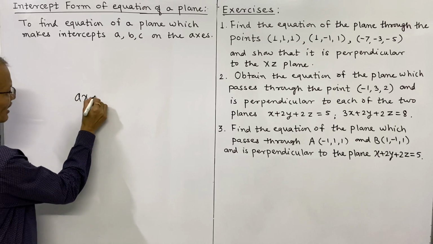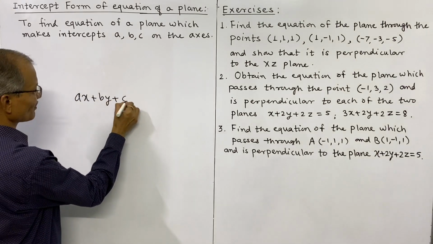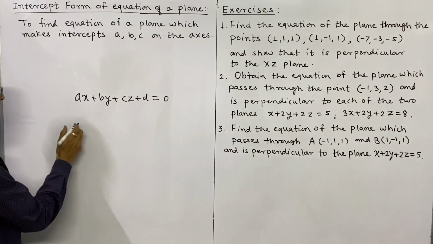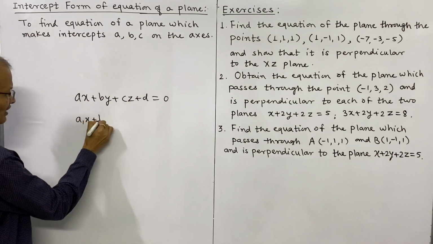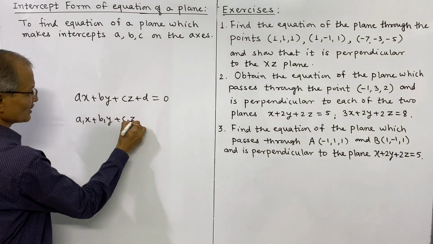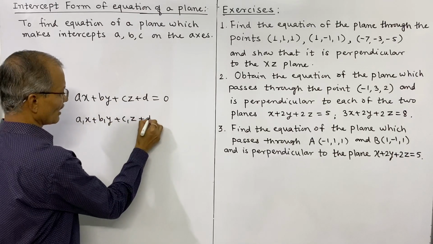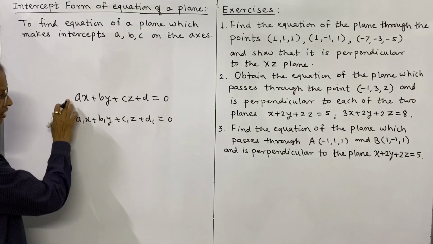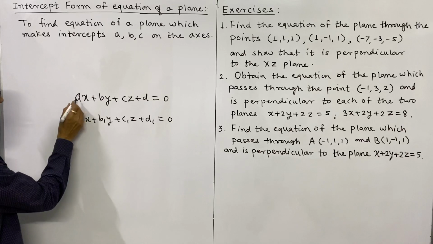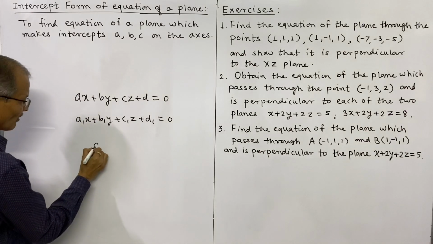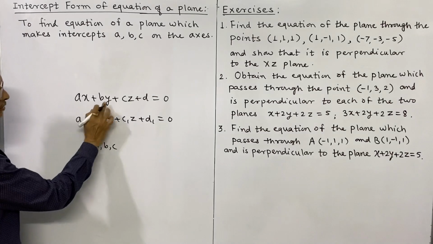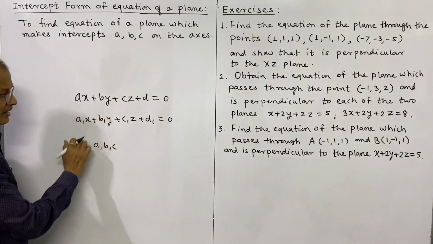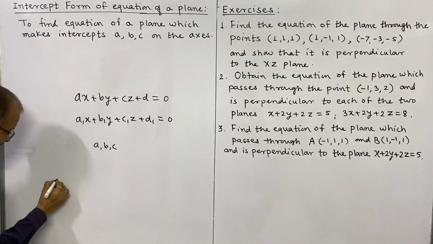And we have the relation for the angle between the planes, if the equation of the plane is of this form: a into x plus b into y plus c into z plus d is equal to 0. If this represents one plane and another is represented using this suffix 1, these are the two planes, then the angle between their normals. Now what are the DRS of the normal to the first plane? We have seen that they are a, b, c. The coefficients of x, y, z represent the DRS of the normal to the plane. And normal to the plane means a perpendicular.